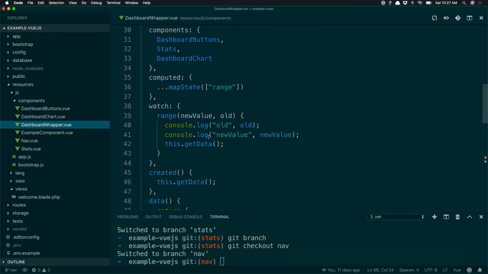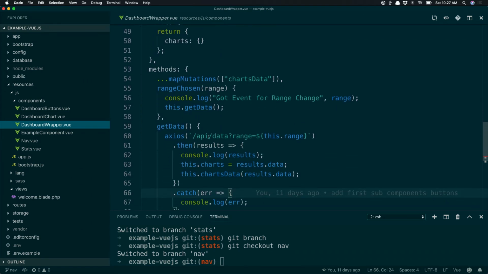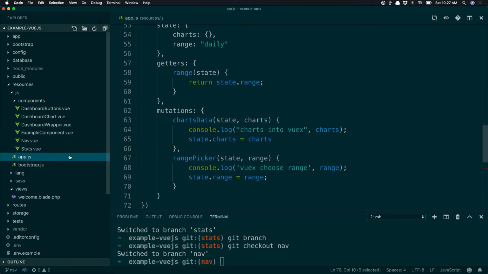And I think also, or I didn't do it yet, see how I still have my Axios command here? I'm going to talk about that in a moment. But what other things is this doing? Well, it's taking chart data, and it's going to mutate that. So there's another method in this Vuex area called chartData, and it's a mutation, so it allows me to change things.